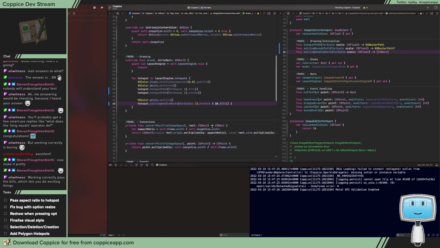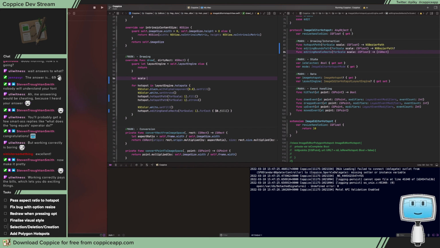Which it does. Now, I have just realised something that we will have to tweak, but what we can do is let scale equal self.image size.width divided by self.frame.width. If we pass in scale,